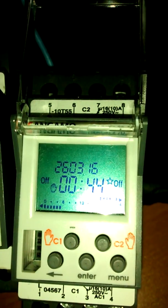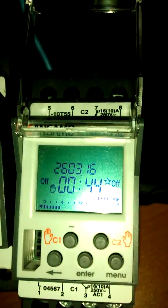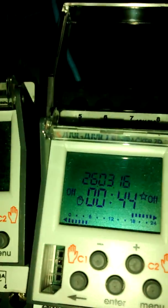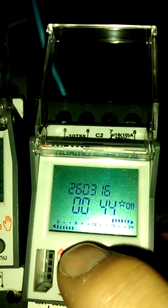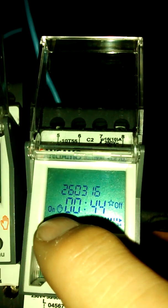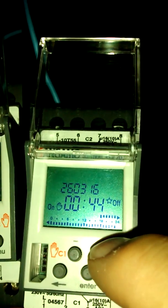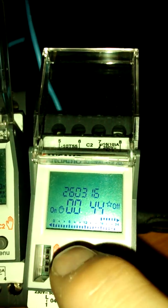So, off. This shows it's temporarily off. Now the off, temporary off and the temporary on these differ. This is temporary off until next on, whenever that is. If you do this, that is permanent on, because the hand isn't flashing. So now this will stay on permanently until changed. Although the hand doesn't flash,